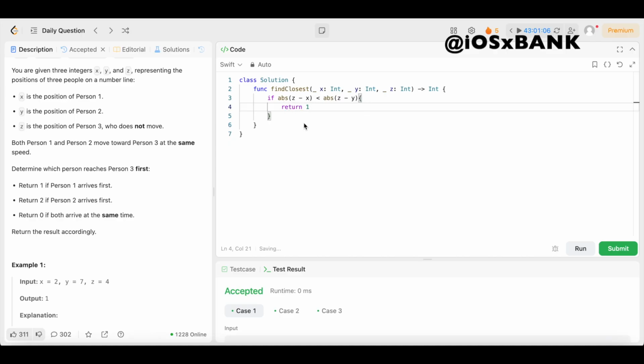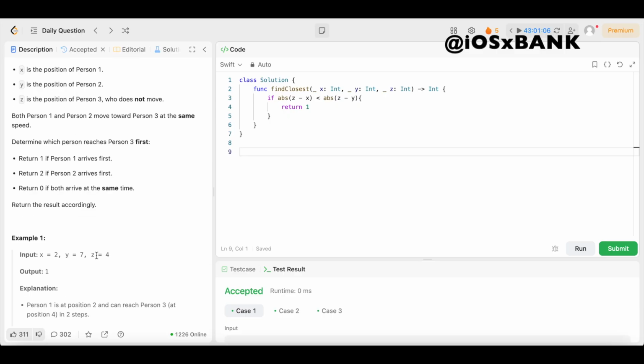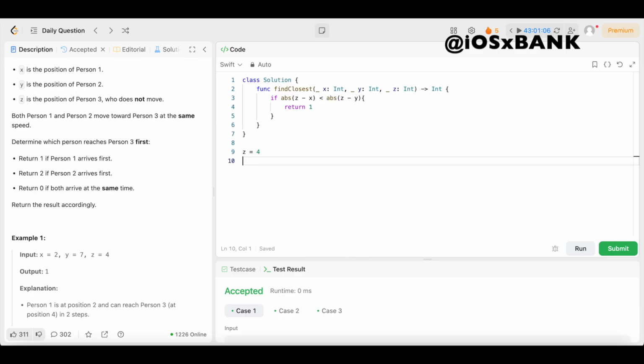Now let's go through this, right? So let's come down here. Say we have z, and looking at example 1, say we have z equals 4, then we have x equals 2, sorry y'all, and then we have y equals 7. So let's go through this. Absolute value of z minus x would be 4 minus 2. We want the absolute value of 4 minus 2, and we're checking to see if that is less than the absolute value of